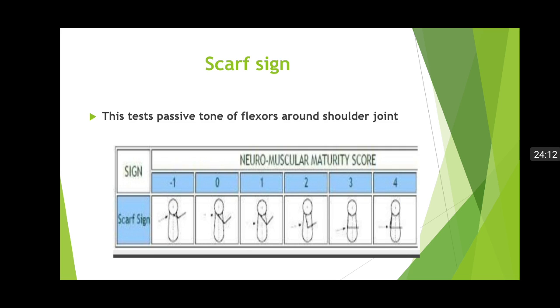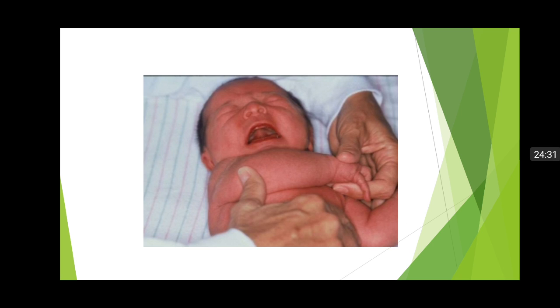Then another one is scarf sign. In scarf sign, we assess the tone of the flexors around the shoulder, the flexor muscles which flex the shoulder joint. Its passive tone is assessed by scarf sign. Here is how we do it: in a supine infant, we hold the newborn's wrist and hand with one hand, and